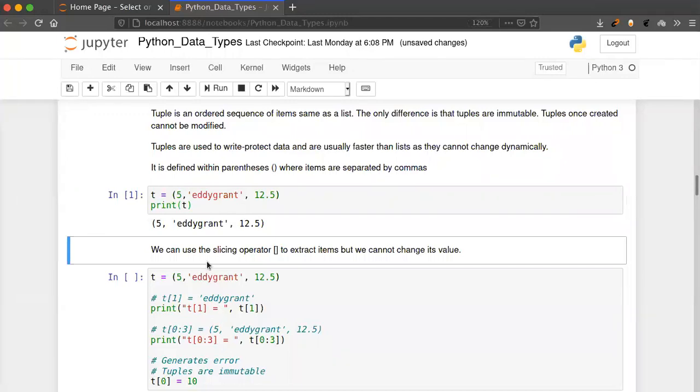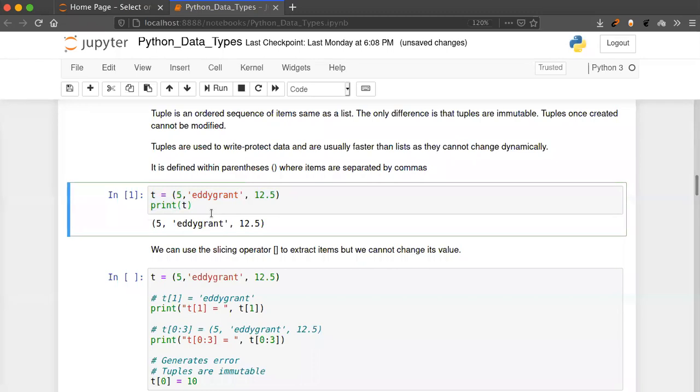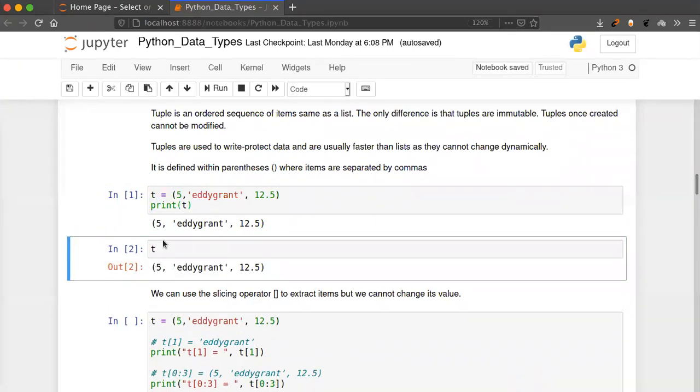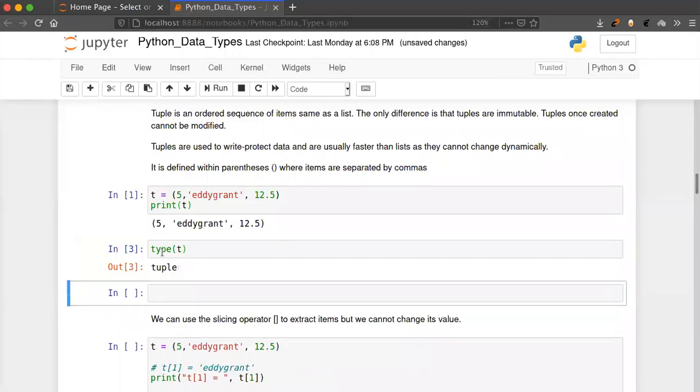This particular thing. Now the point: you can also do slicing inside a tuple as well, but you would not be able to change the values of the tuple. Just look at this, these are the values of the tuple, right? And now let's suppose you would like to append more values, so you try to use an append function inside a tuple. Okay, before that, you can simply check out the data structure using the type